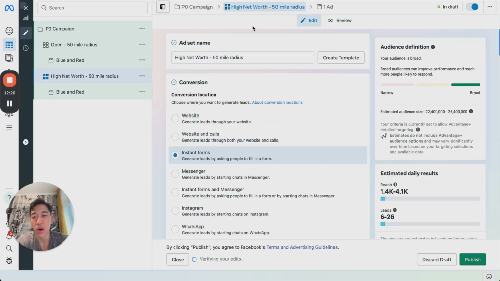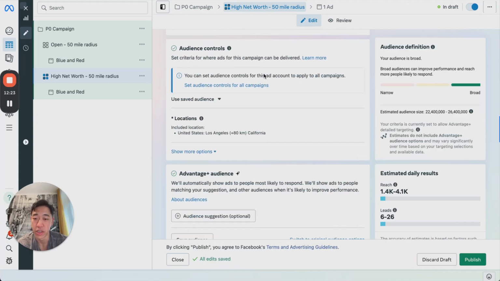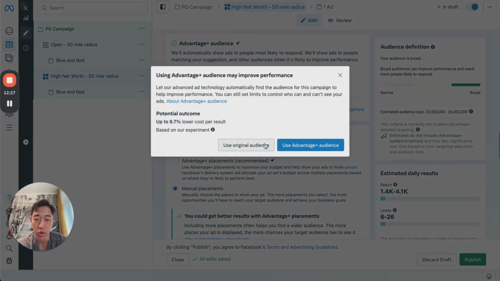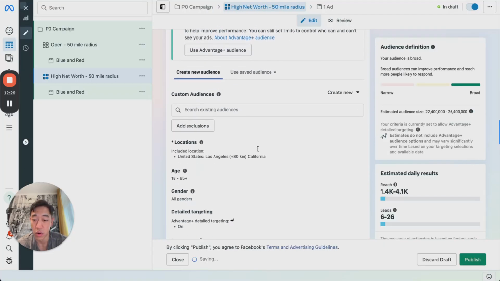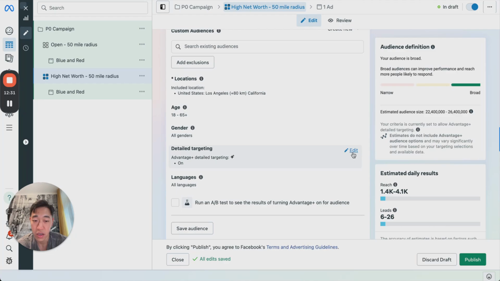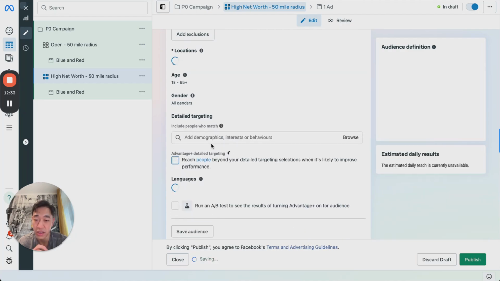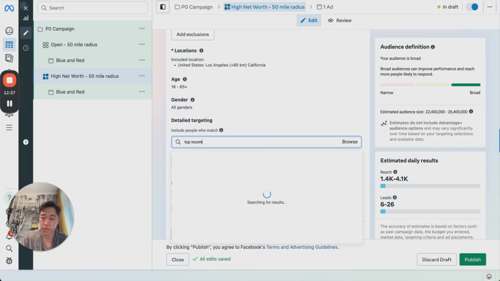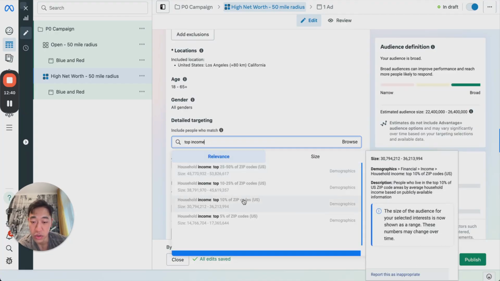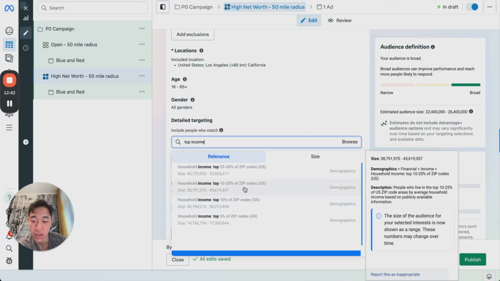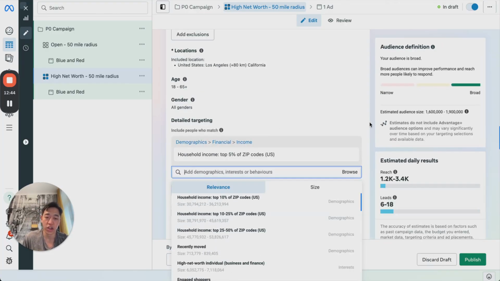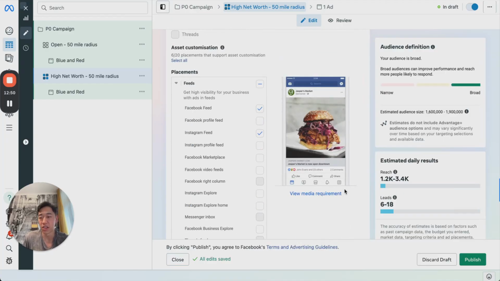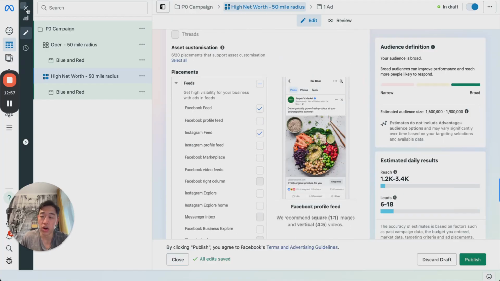This one I like to do higher net worth individuals, so we'll go down to advanced audience plus, switch to original audience, and here what we'll type in is basically select this, close that. Don't do Advantage Plus detail targeting. And we'll type in top income. We could either do top 5%, top 10%, 10 to 25%, and you can play around with the targeting. For the most part, all of ads is basically about split testing everything. And then we'll go ahead and press close,